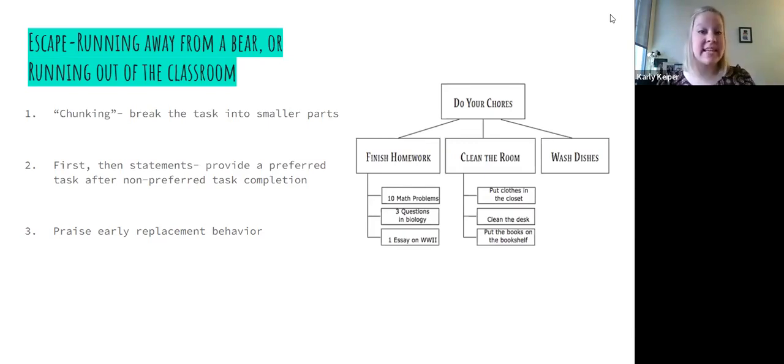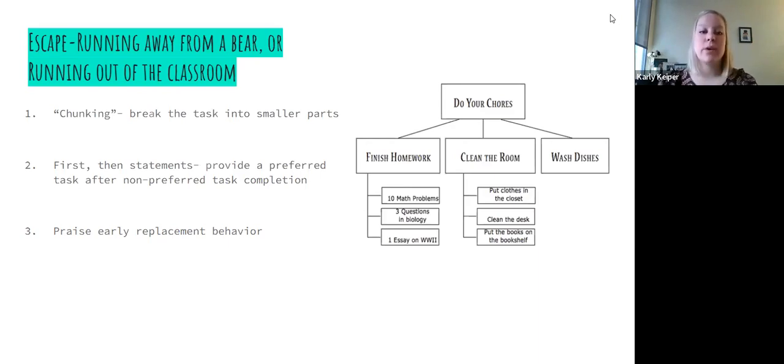If you can do this step, and maybe with the chunking, if my child isn't ready to complete the whole step, maybe I even break it down and I use those strategies together. So I say, first, we're gonna put our books away. Then you can take a 5-minute break outside. Then we'll come back and put our things in the closet. Then we can take a break and have breakfast. So listening to your child, breaking it up, making it less intimidating so they don't show those escape behaviors, because running out of the classroom or running out of your home can be very dangerous.